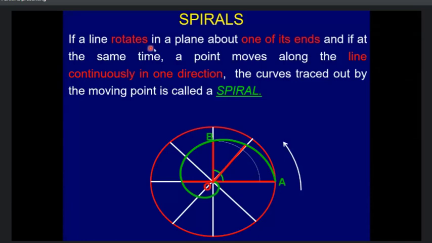Direction, if a line rotates in a plane about one of its ends, and if at the same time a point is moving along that line continuously in one direction, the curve traced out by the moving point is nothing but a spiral. So you can see in the example here,